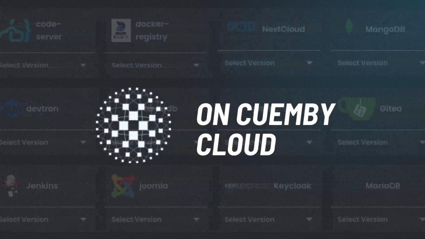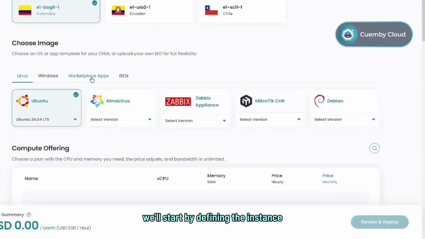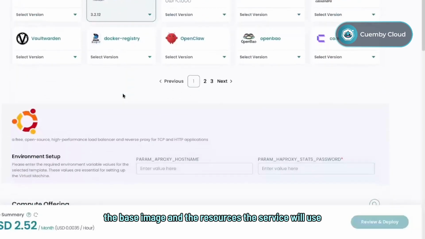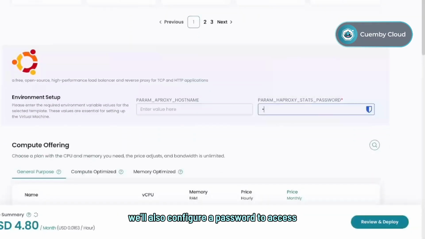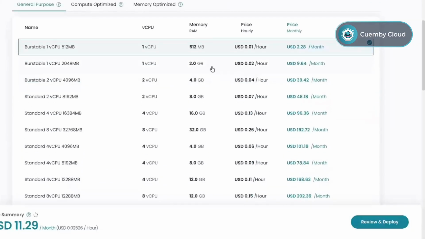In this video, we'll deploy HAProxy on Cuemby Cloud. We'll start by defining the instance, the base image, and the resources the service will use within the platform. We'll also configure a password to access HAProxy's metrics,